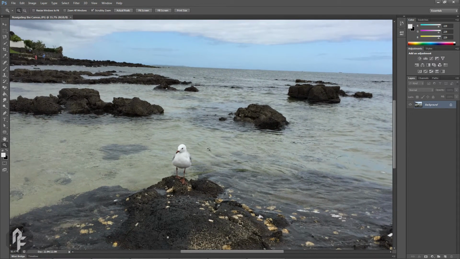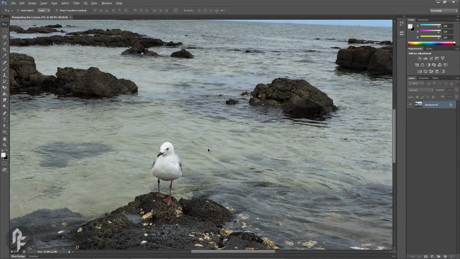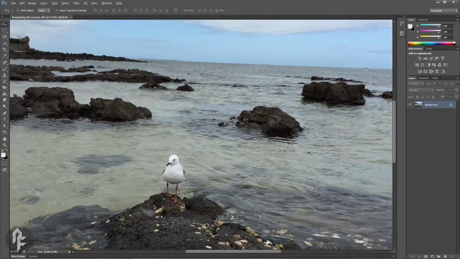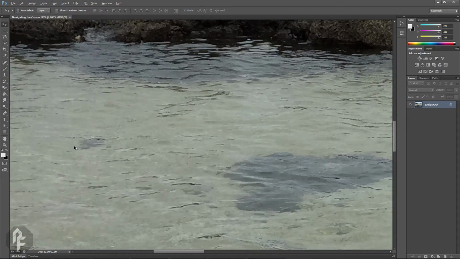The second way to zoom in is while holding down the Alt key, use the scroll wheel on your mouse. Scroll up to zoom in and scroll down to zoom out. Notice that when you zoom in using this method, it also has the focus function, zooming in based on the